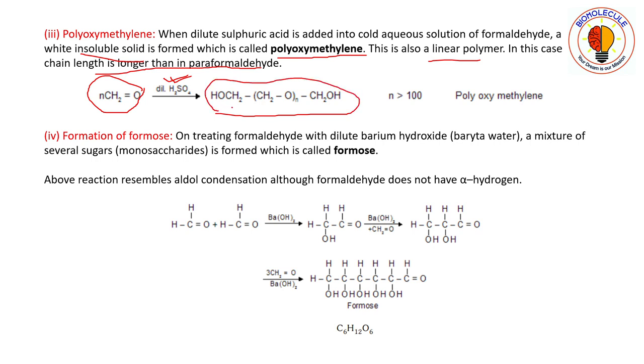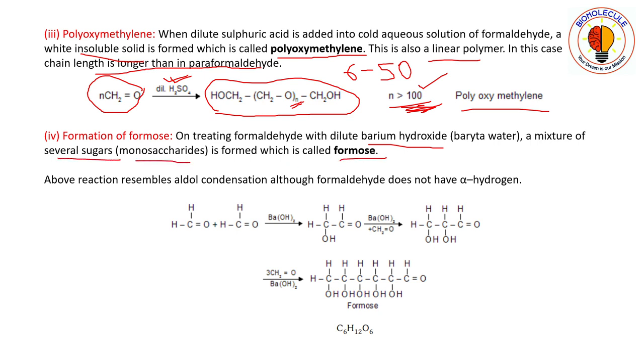is known as polyoxymethylene. And here this chain length, okay, previously for paraformaldehyde the chain length was 6 to 50 carbon atoms, but here the chain length is more than 100 carbon atoms. That is, for polyoxymethylene compound the chain length is greater than 100 carbon atoms. Next is formation of formose. So on treating formaldehyde with dilute barium hydroxide, a mixture of several sugars, that is monosaccharides, is formed, which